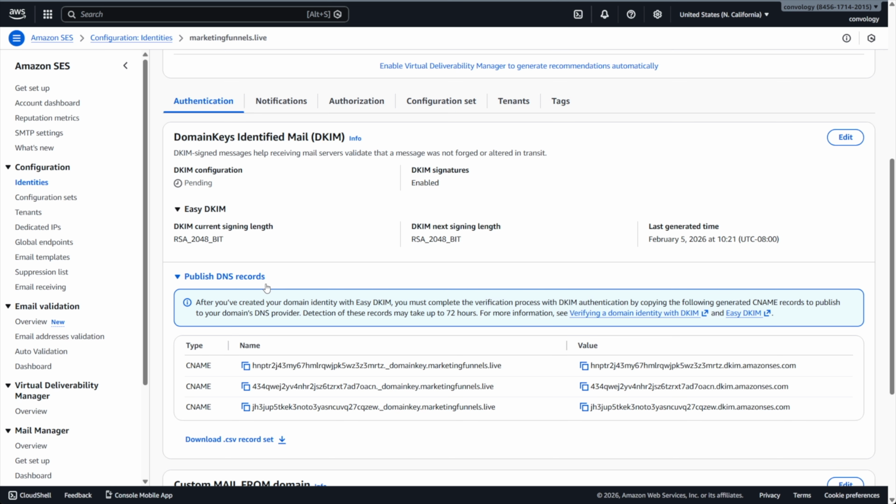Now we need to go into where our DNS are managed. If you're not familiar with DNS, this might be a little bit confusing for you. If you need help setting this up and you don't feel comfortable doing any of this,